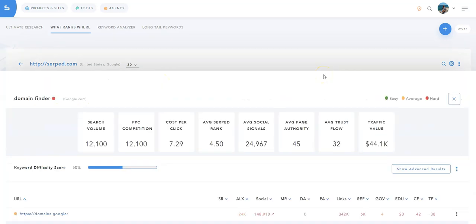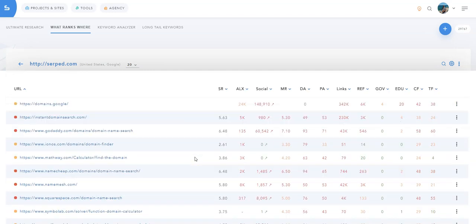This will launch our keyword analyzer tool, which provides you with a keyword difficulty score. That is, how hard it will be to rank for this keyword. You will also see some more metrics, as well as the top 10 results in Google for this keyword. That's a lot of information, which you can use to analyze your competition, find keyword and topic IDs, have an idea of how difficult it will be to rank for a keyword, and so on.